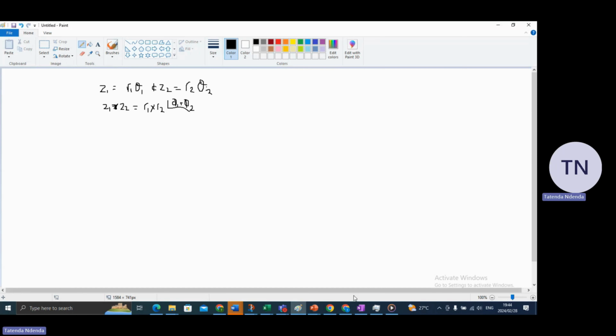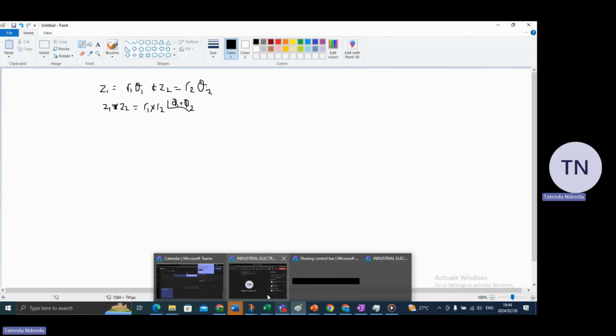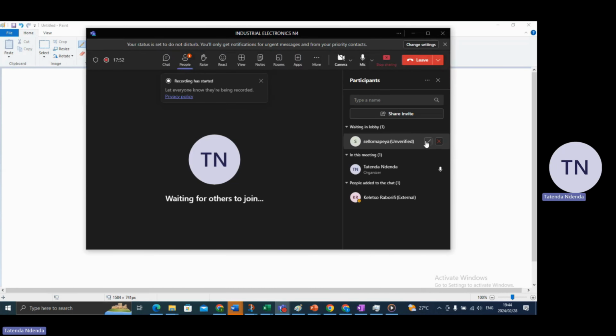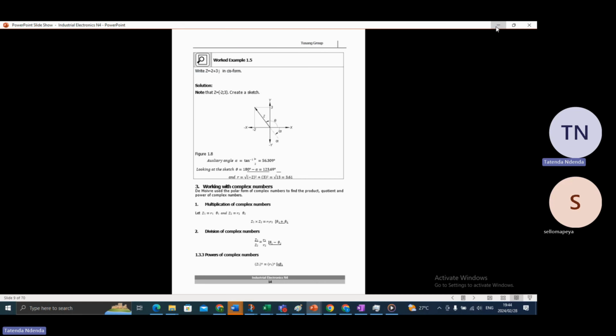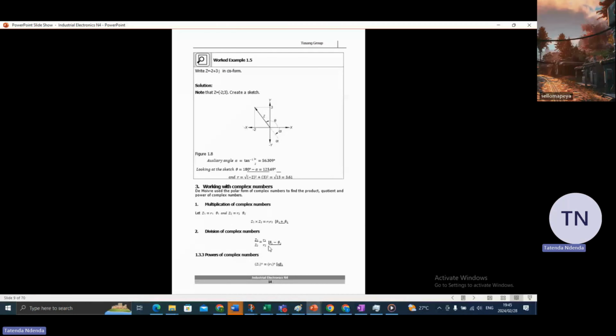These are basic formulas that we're going to use whenever we are dealing with complex numbers. Whenever I have multiplication, we use this, and whenever I have division, it's subtraction. Then powers in complex numbers is going to be R1 to the power of n, then n theta 1. Okay, whenever you're practicing, I would